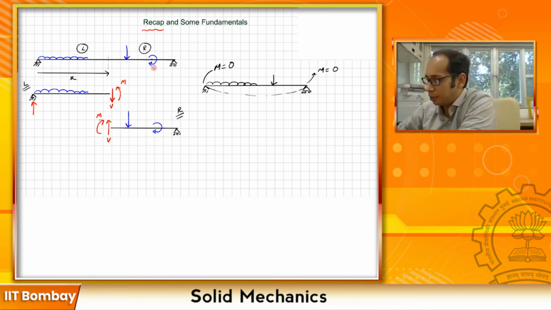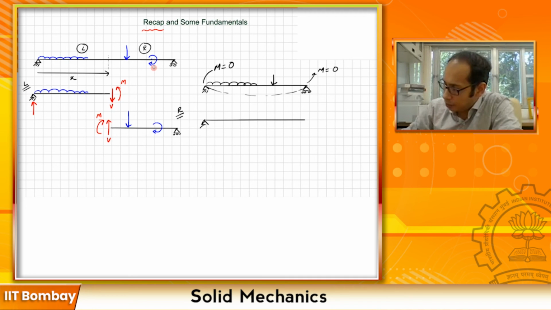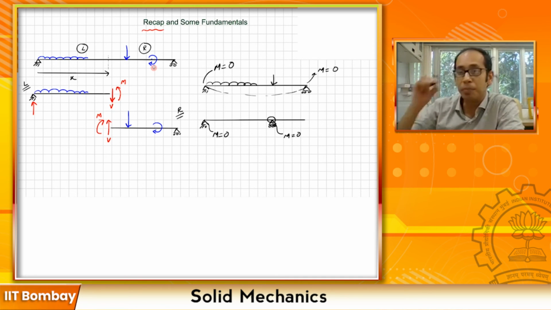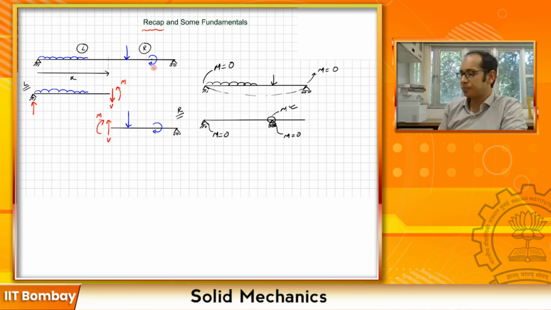So suppose you have an overhanging beam which may be looking something like this. Suppose you have a beam where you have a pin support at the end, and say you have a roller support over here, right? At this support M equals 0. At this support also the pin cannot take a moment, the M will be equal to 0, but here in the beam, not in the pin, within the beam you will have a finite value of M. When we solve some problems, you will get to see, right?